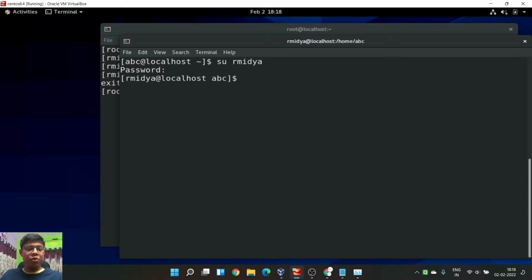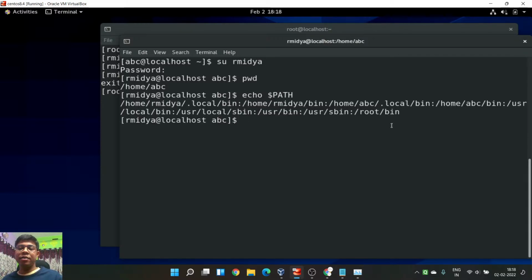What happened? If I do the pwd again, you can see I am on the same workspace of the ABC user, but my user account is now Arvind. If I do echo $PATH, you can see it shows that you can access Arvind, but you can also access ABC and ABCB.